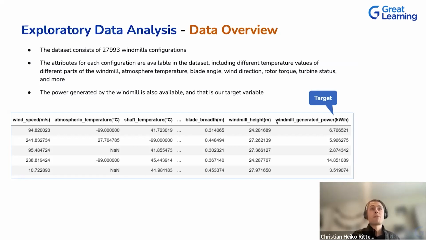Oftentimes when I start off a project, the question is which variables could help us to predict the target. And you might think about, well, what's already known? Maybe somebody else in your own business has already done some work without machine learning and has identified relationships with variables. For example, that the wind speed matters very much for the generated power. And so you would, of course, include those variables in your model.